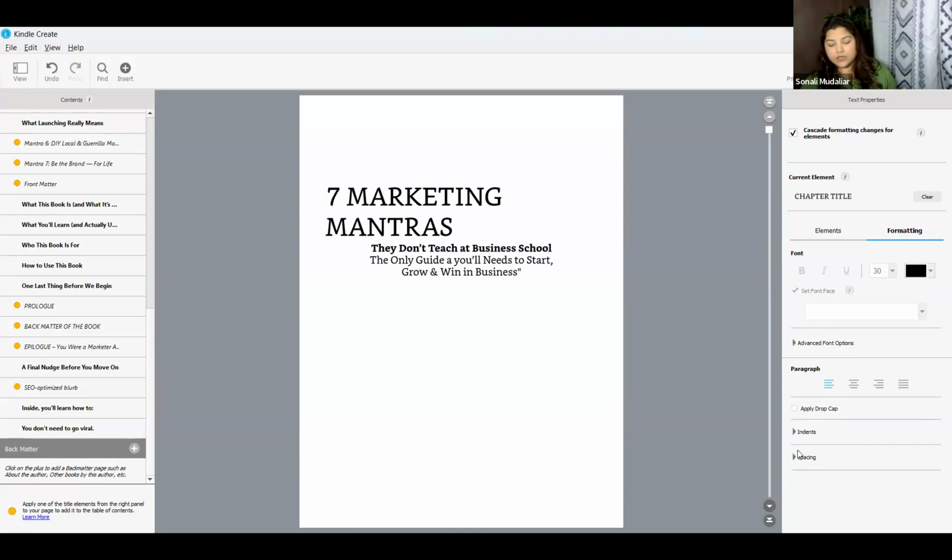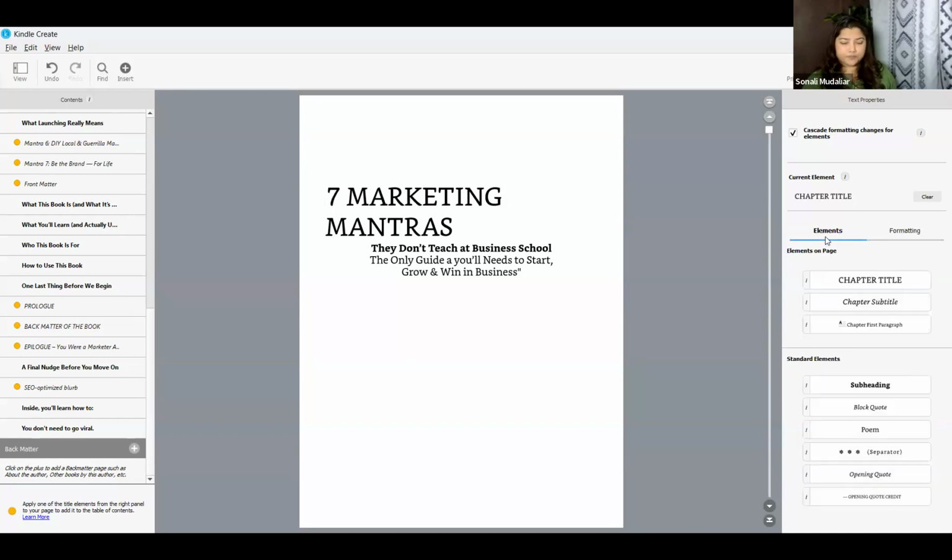I keep it the way it is because if you keep on changing this, it becomes a headache to manage things. So I don't touch it generally, unless it is for the alignment part: left, right, center aligned or justified. This is the only thing that I change. Otherwise, I don't bother. So these are the basics to understand what Kindle Create looks like.